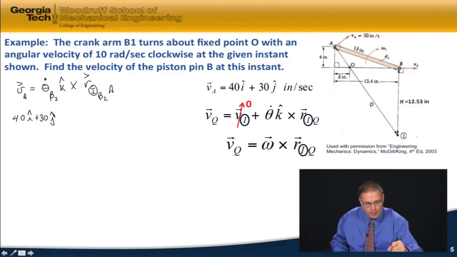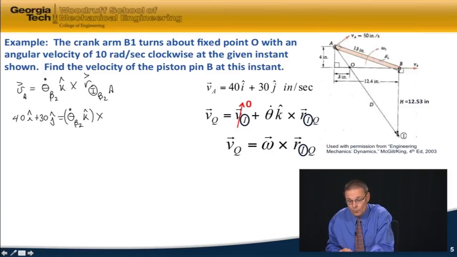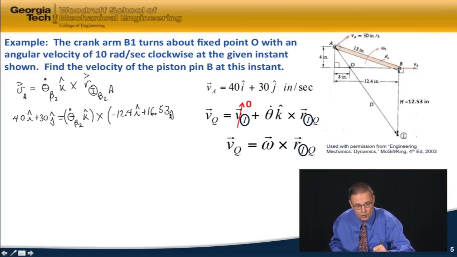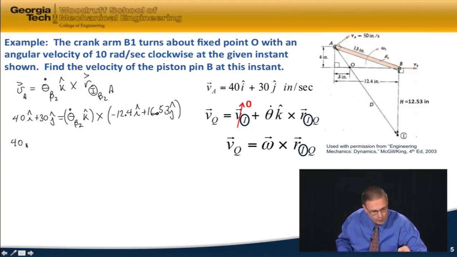The angular velocity of bar B2 is unknown, so that's theta dot B2 K, crossed with, in going from the IC to A, the position vector, which is minus 12.4 in the I direction and plus 16.53 in the J direction. So this is going to be minus 12.4 I plus 16.53 J. And I can now do my cross products, so I get 40I plus 30J equals